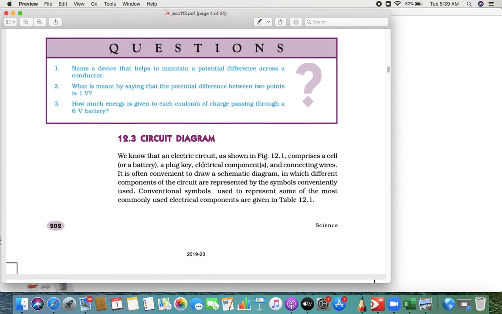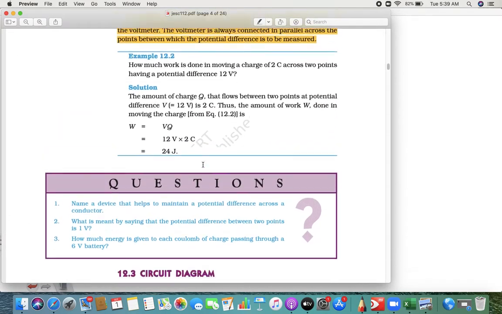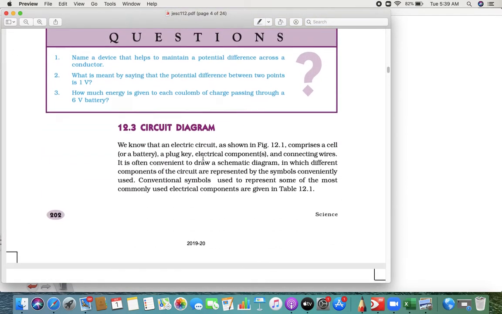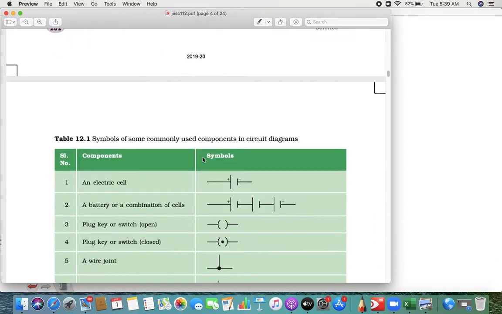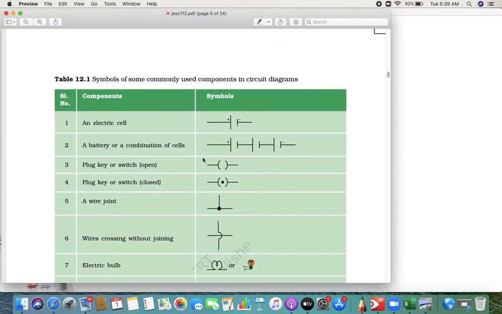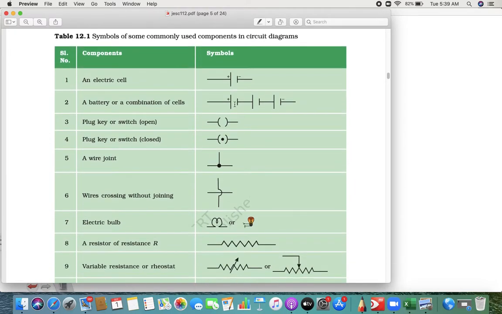Now the next thing after this is, let me introduce some circuit diagrams here. See, in physics you learn things with circuit diagrams. So basically symbols are very important in a circuit diagram. If you see a cell, the cell has one plus and one minus. The longer line is always plus, and the shorter one is always minus.